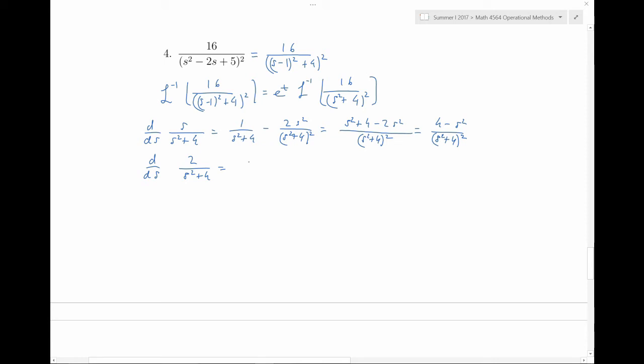The derivative of that is minus 4s over (s squared plus 4) squared. That doesn't match either. So the term we have up there is a combination of several terms. It's a combination of terms whose derivatives are in cosines, and possibly sines and cosines themselves. So what we have to figure out is how can we reconstruct